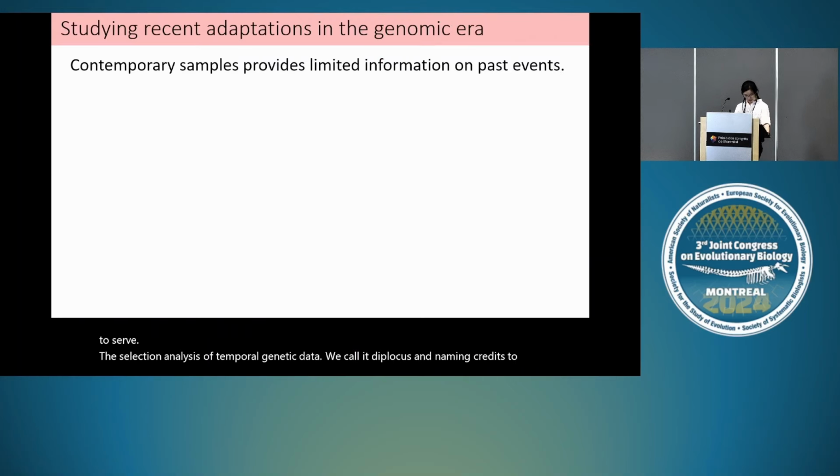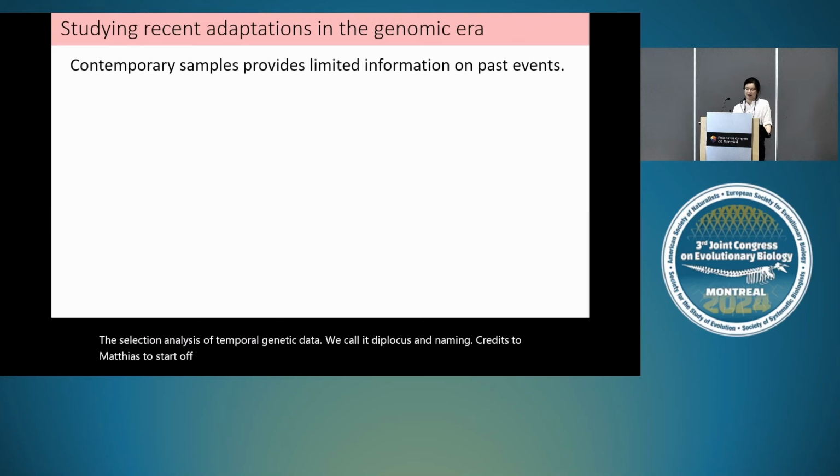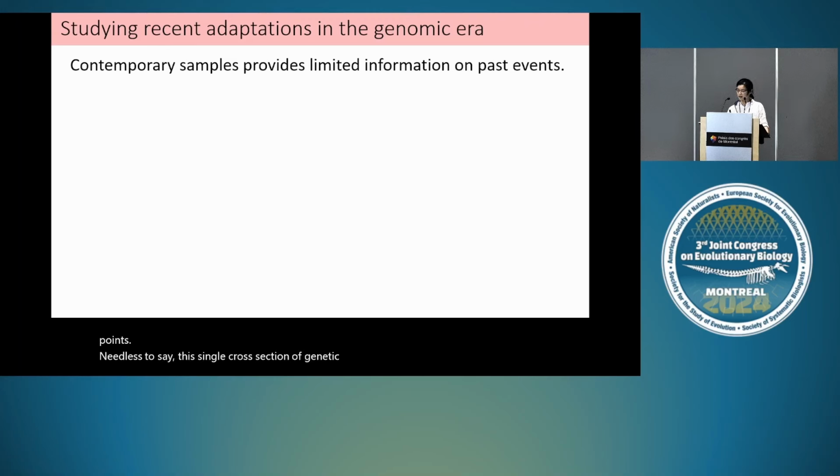To start off, with the rapid climate change and all, we are seeing increasing interest in studying adaptation in the short term. However, before this decade, most genome data sets are contemporary. That is, the samples are considered to be taken at only one time point. Needless to say, this single cross-section of genetic variation in the population can only tell us so much about the